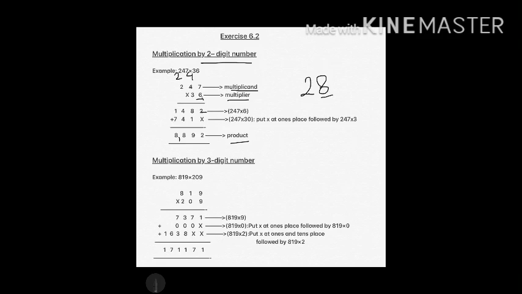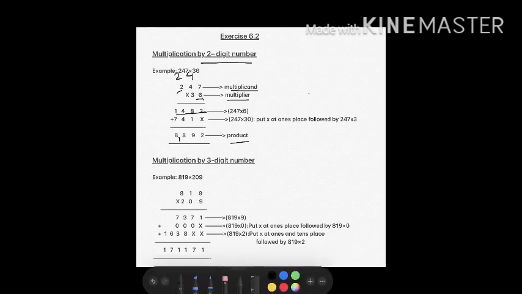digit like this. Okay, then 6 2s are 12 plus 2 is 14. So now this is the last digit, so I don't need to carry over any digit further. So I will write 14 together like this. So in the first line I got this 1482, students. All right. So now coming on to the next line here.